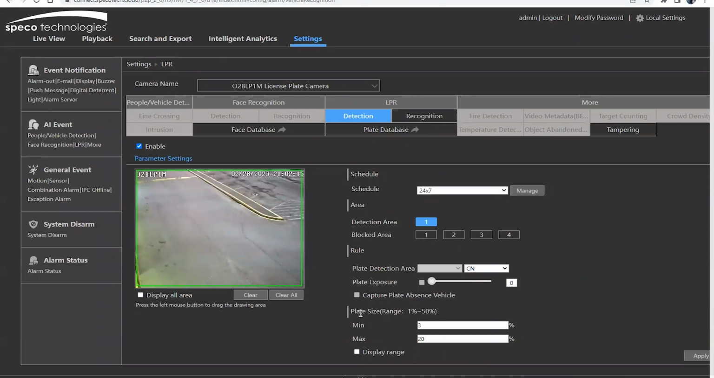You do have the option to change the plate size. The options range from 1 to 50%. By selecting the Display Range button, you will have the capabilities of seeing the min and max range. This is the size the plate should be in the screen. So the minimum my plate should be is 3% of the screen and the maximum is 20%. This will change based off the zoom of the camera and the range of the license plate in distance from